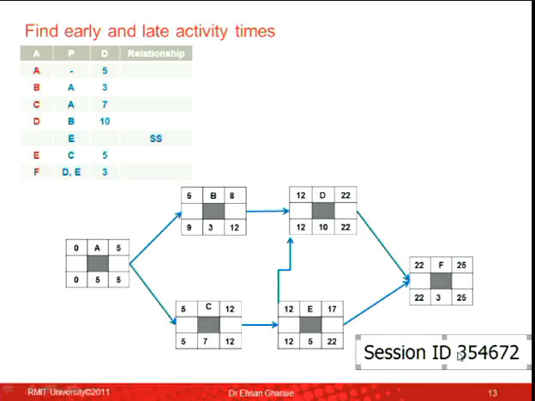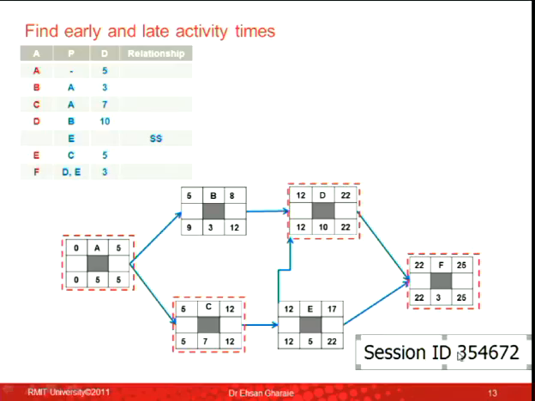Okay, so you've got all the figures. Now, let's think about the critical path. For the critical path, first of all, I need to find out what the critical activities are. And the critical activities are the ones that have same starts and same finishes, right? So activity A is critical. Start 0, early finish is 5, late finish is 5, late start is 0, activity A is critical. Activity C, same thing, 5, 5, 12, 12, this is critical. Activity D, critical. Activity F, critical.